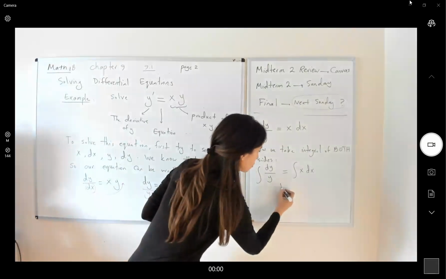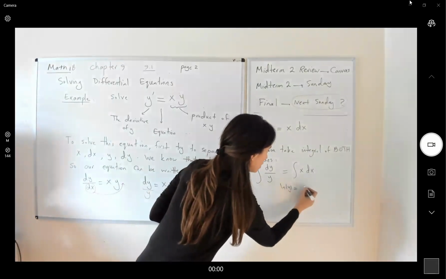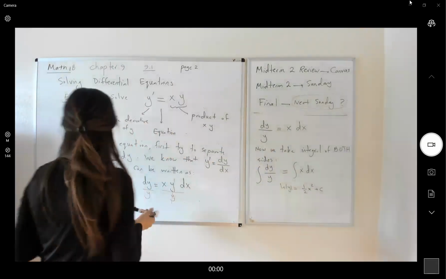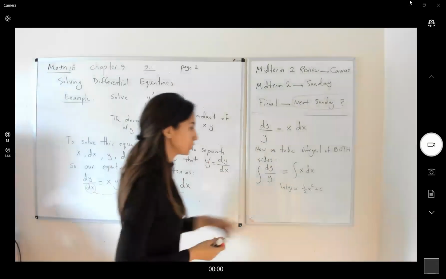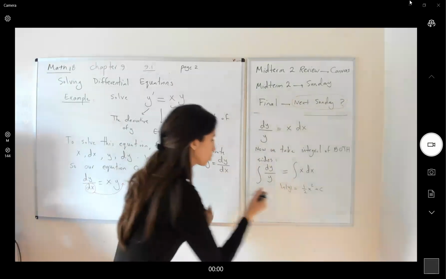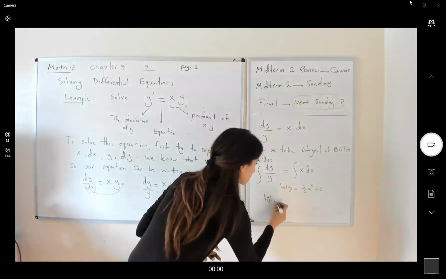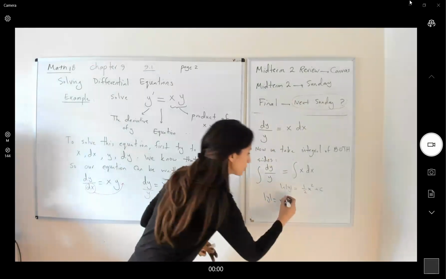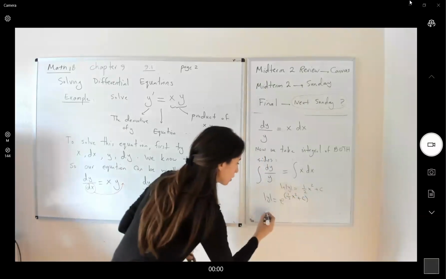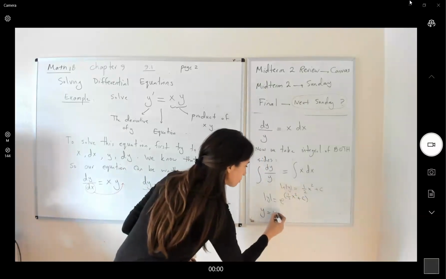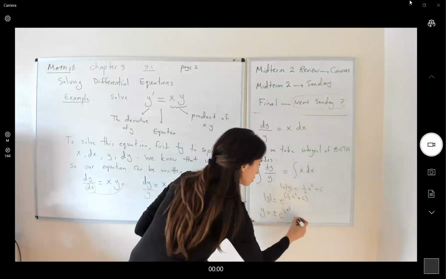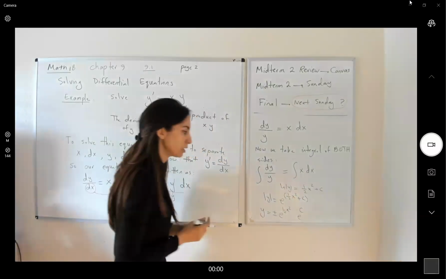So we learned that this is equal to ln of absolute value of y equals a half x squared plus constant of integration. Then they say, hey, ln is a logarithm of y with respect to e. So absolute value of y is equal to e raised to a half x squared plus c. So y is equal to plus minus e raised to a half x squared times e raised to c, and